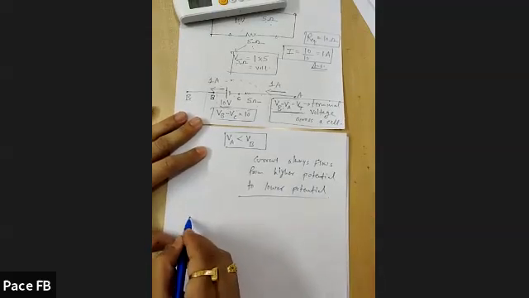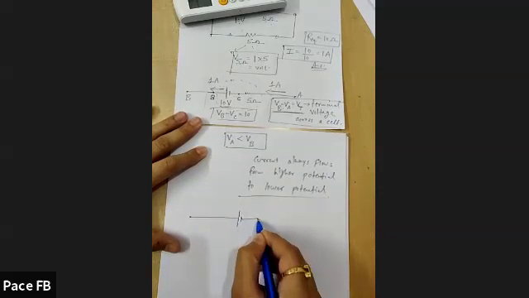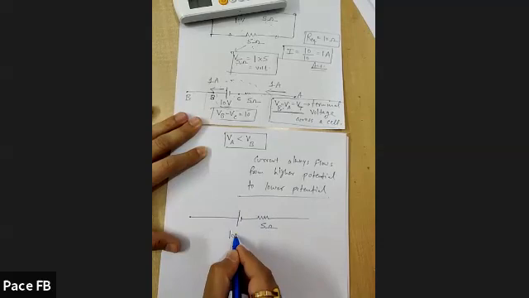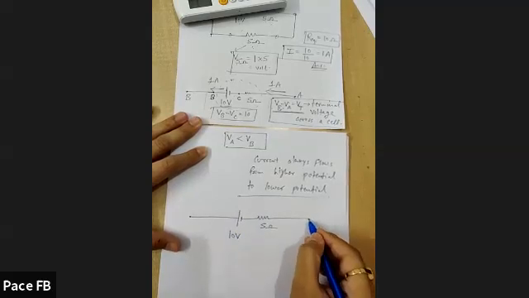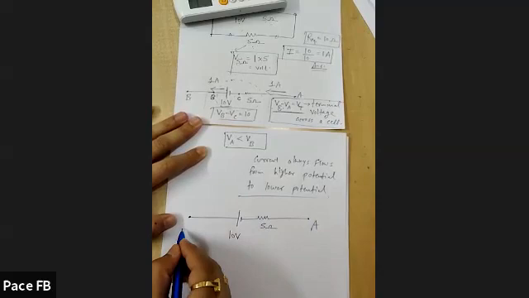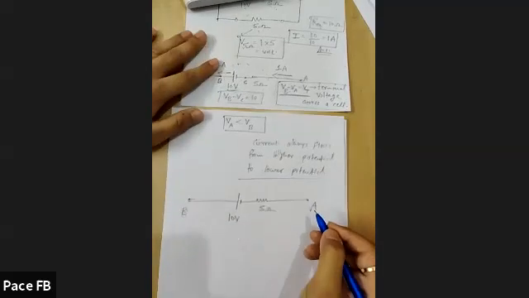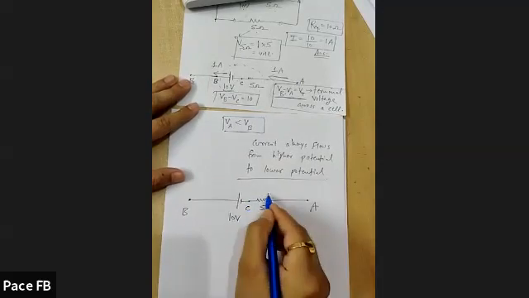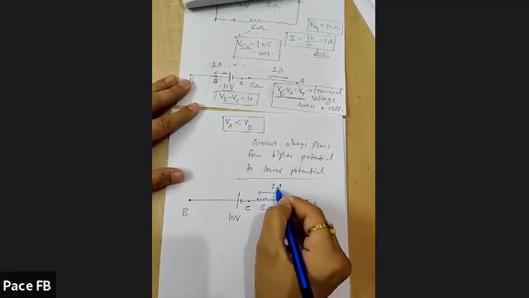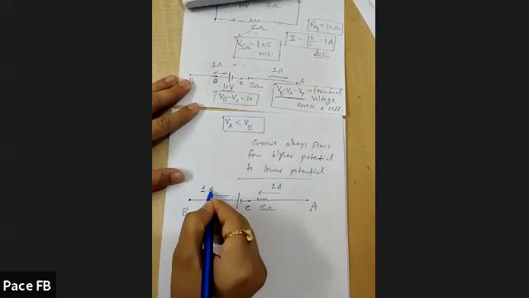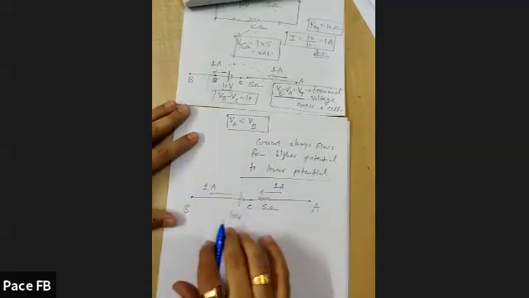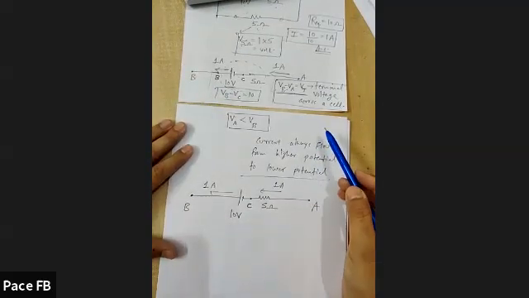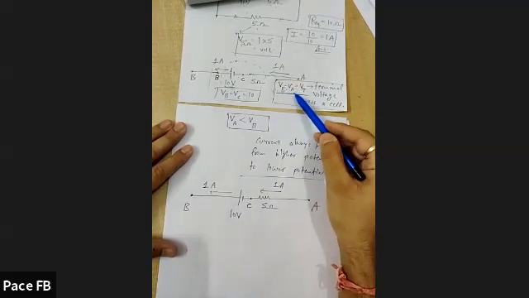Okay, so now look at this figure. There is a cell with EMF 10 volt and internal resistance 5 ohm. This is 5 ohm, this is 10 volt. Okay, and this is point A. Okay, this one is point B, correct? And this one is point C. Let's say this one is point C. Okay, and current is what? 1 ampere. Current is like 1 ampere, like this. Okay, I want to find out terminal voltage across a cell. So that would be VB minus VA. I want to find out this value, VB minus VA.